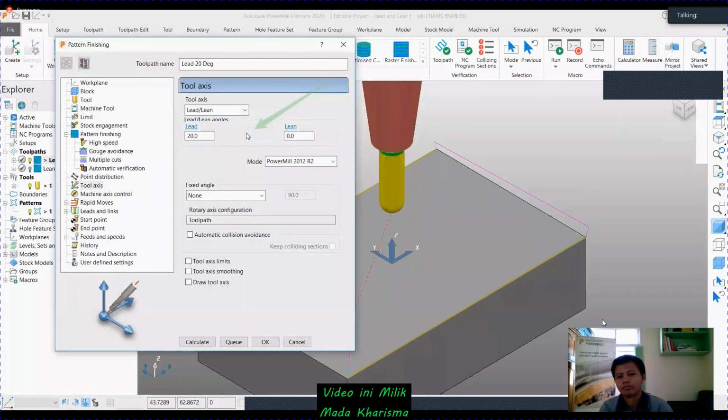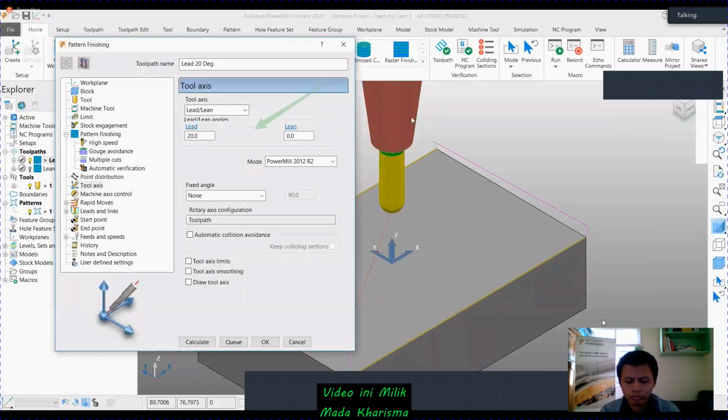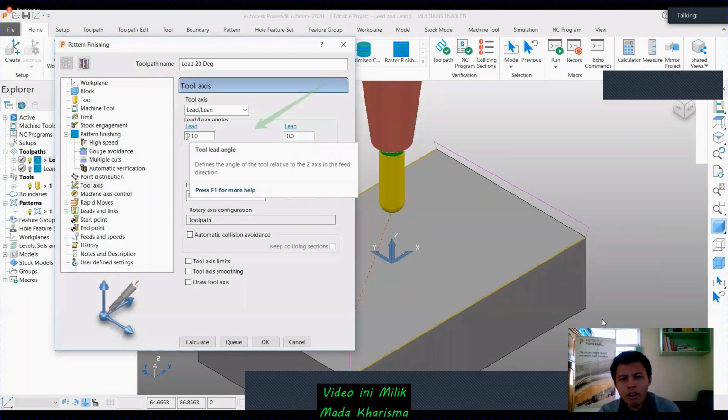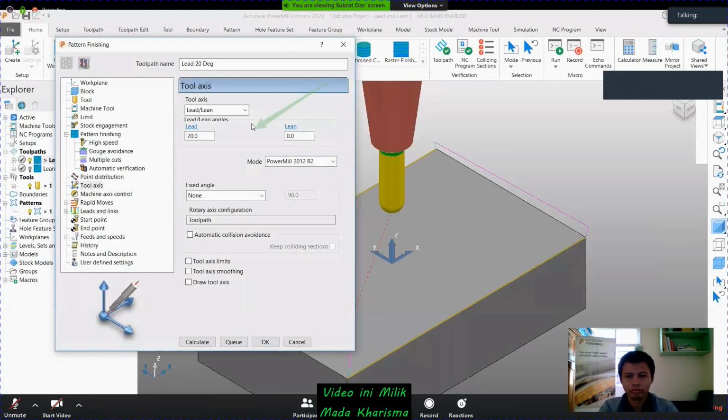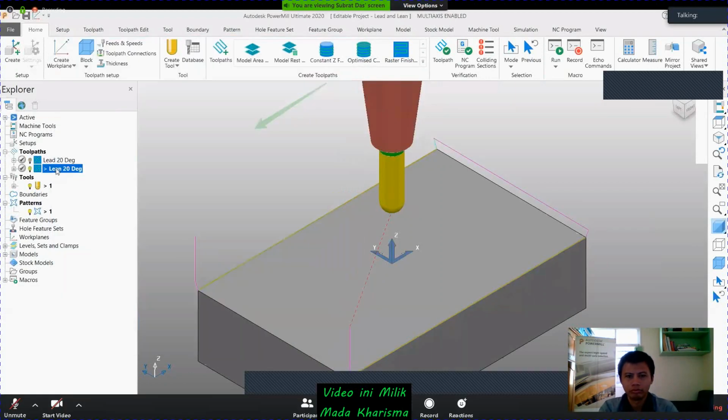Maybe you can give minus 20 or plus 20 to change between negative and positive angles. At the same time, for the lean angle, I gave the same value from the vertical, and my tool axis is minus 20 here, to tilt perpendicular to the flow.